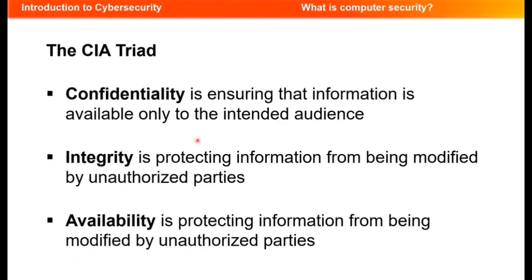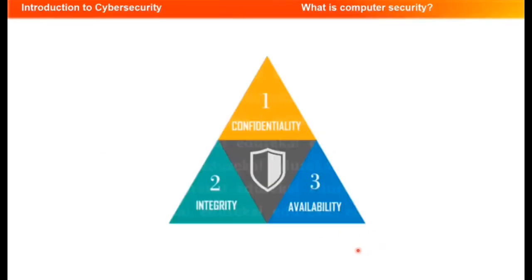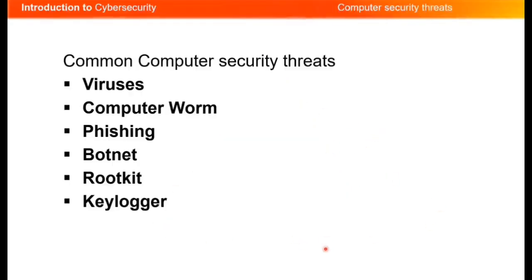Again, the CIA Triad. Confidentiality is ensuring that the information in the system is only available to the intended parties. Integrity is protecting the information and the computing resources from unauthorized parties, and that nothing is updated or deleted without the permission of the enterprise. And availability is making sure the information is not being modified by unauthorized parties, and that it is indeed available when needed by the enterprise or customers. Again, we have our confidentiality, integrity, and availability.